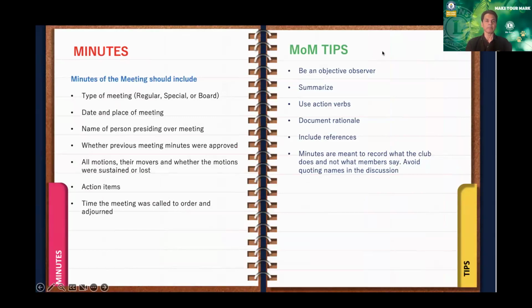The minutes should include what type of meeting it is, whether it is a regular meeting, a board meeting, a special meeting, or any other form of meeting. Whether it is an in-person or virtual meeting, all that needs to be recorded in the minutes. The date and place of the meeting,